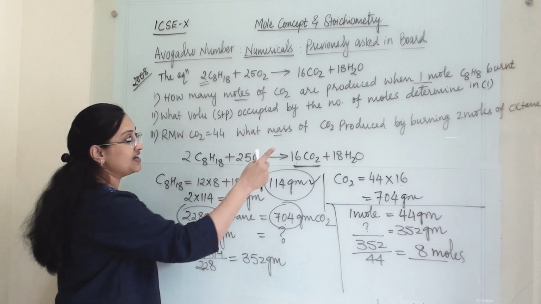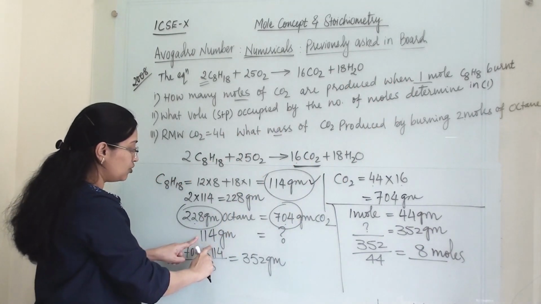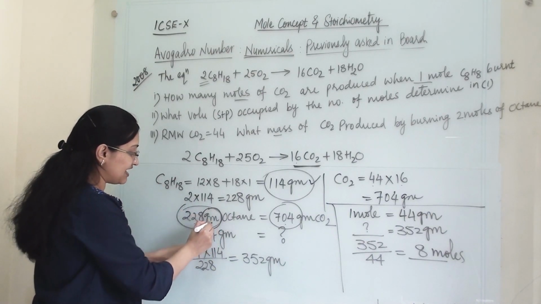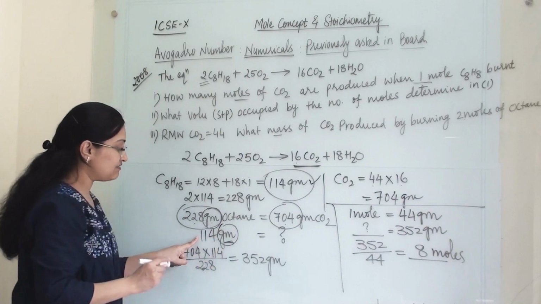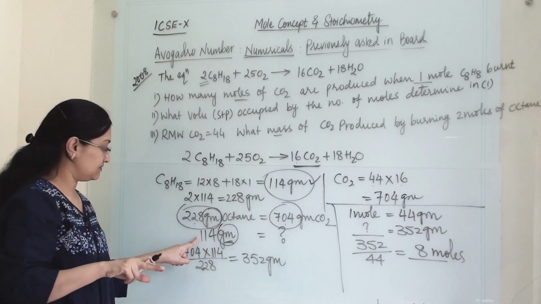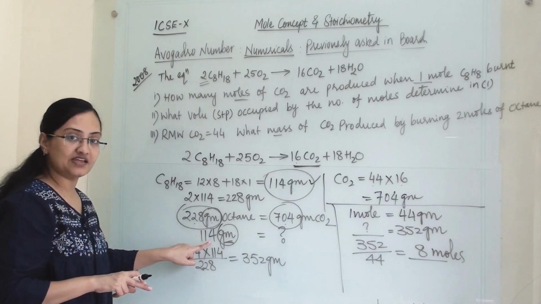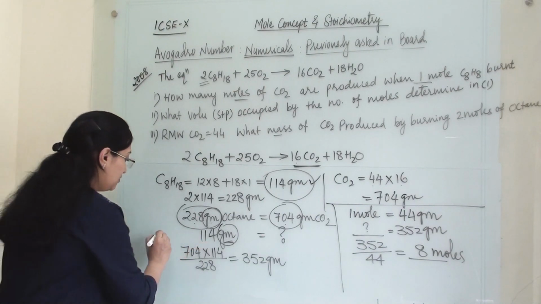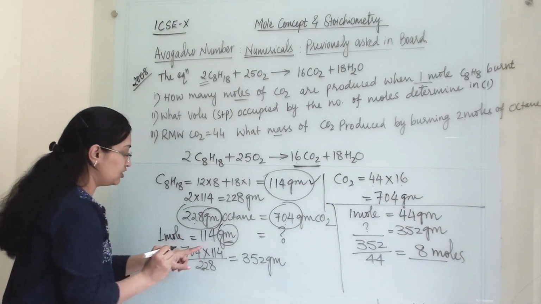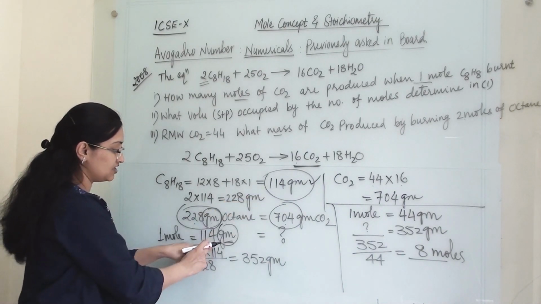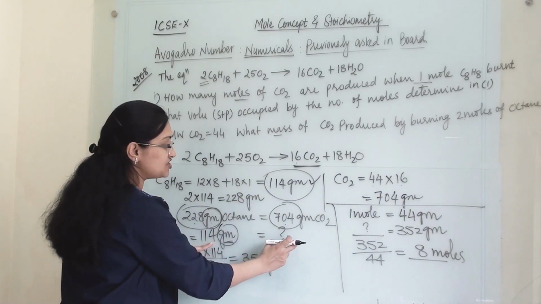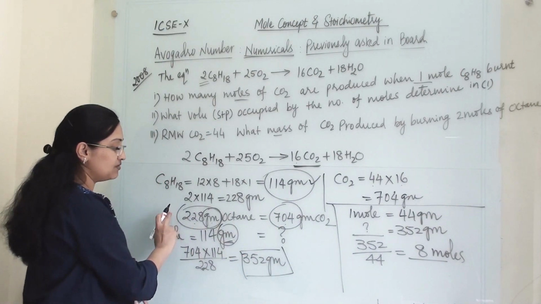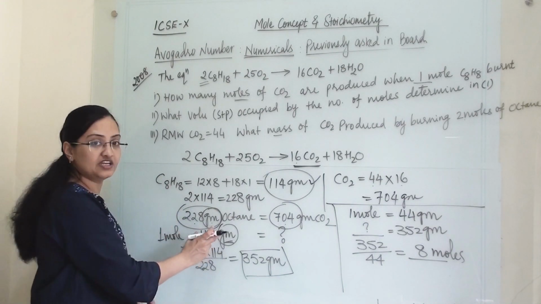But we have to find out for 1 mole. So for 1 mole of octane, here we cannot write mole, because earlier we have taken gram. So this has to be in gram. That's why we have converted it into molar mass. If moles were there, then we could have written 1 mole here, but here the weight is there. So that's why we have taken 1 mole equals its molar mass, and that is 114. So here we have taken 114. Then how many grams of carbon dioxide will we get? So this is the weight of carbon dioxide when we are burning 1 mole or 114 gram of octane.